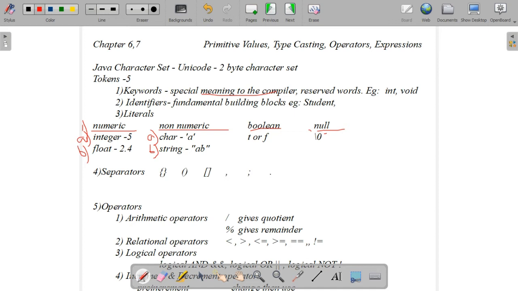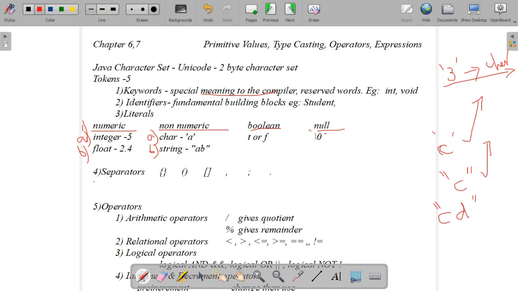In character and string, you have to remember a character is always enclosed within single quotes and a string is enclosed within double quotes. A string may consist of more than one character, like CD, this is also a string. But a single character is also allowed within double quotes, and it is considered a string, while single quotes mean it is considered a character. So can we consider this as a character? Yes, because it is not considered a digit. Inside single quotes it is treated as a character literal.